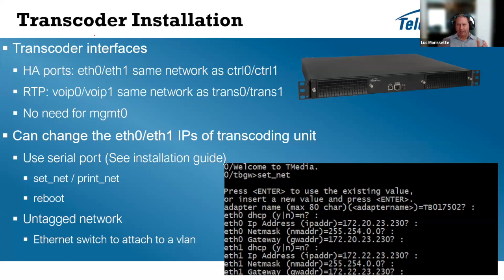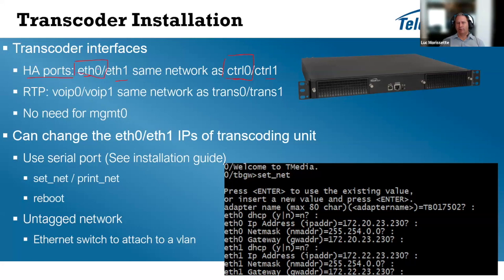The part we just saw now is the ProSBC configuration. Then you need to add your transcoder to your system. You will have 4 ports actually on these devices. 2 of them will be high availability ports, ETH0, ETH1. And it's just named differently, but ETH0 is the same as control 0, ETH1 is the same as control 1. So to have access from your ProSBC here, your control 0 port will need to be